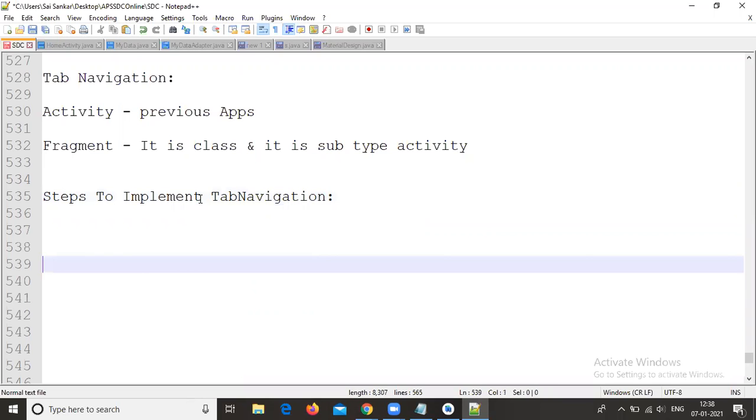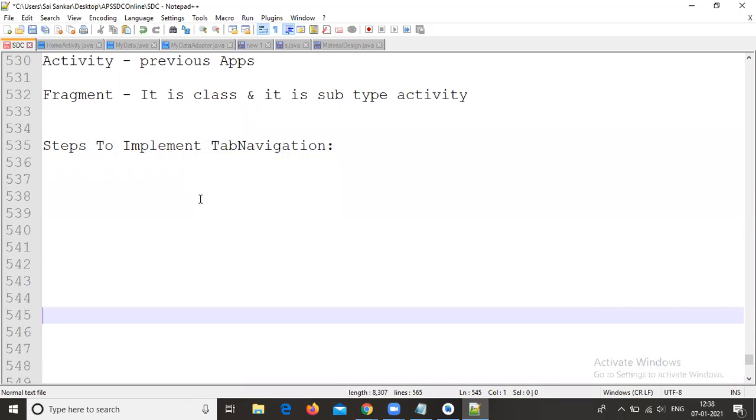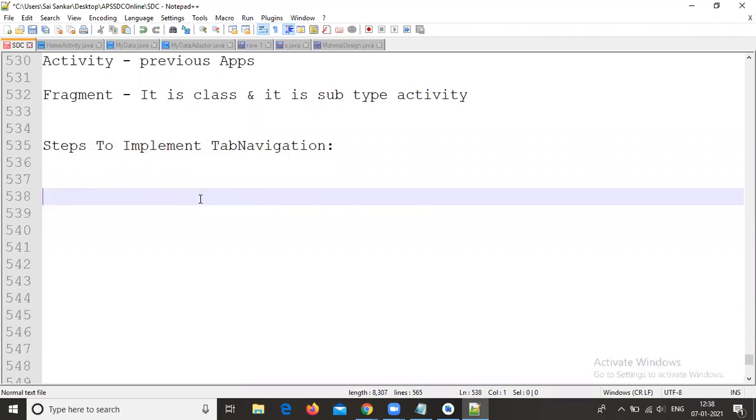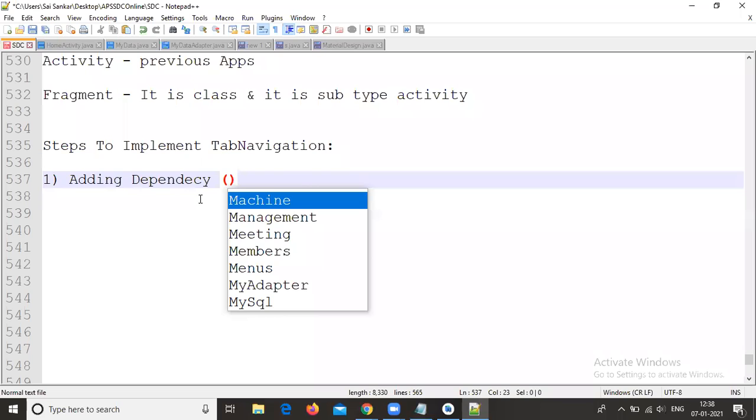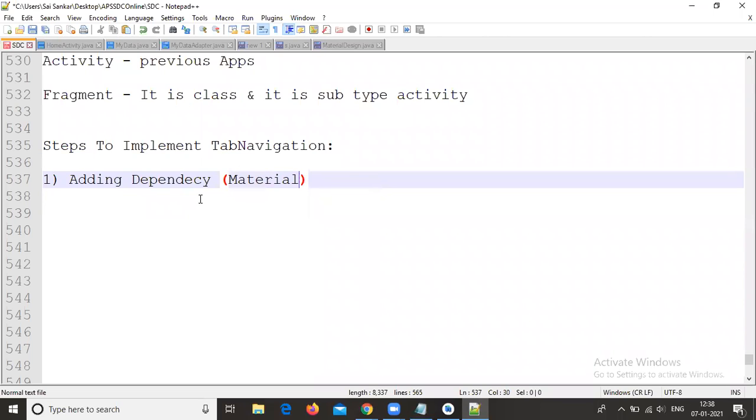It is a little bit advanced concept compared to the previous concepts. First, step one: adding dependency, which is a material related dependency. Why? Because it is advanced. We are using the latest version, so we need to configure this type of dependency.